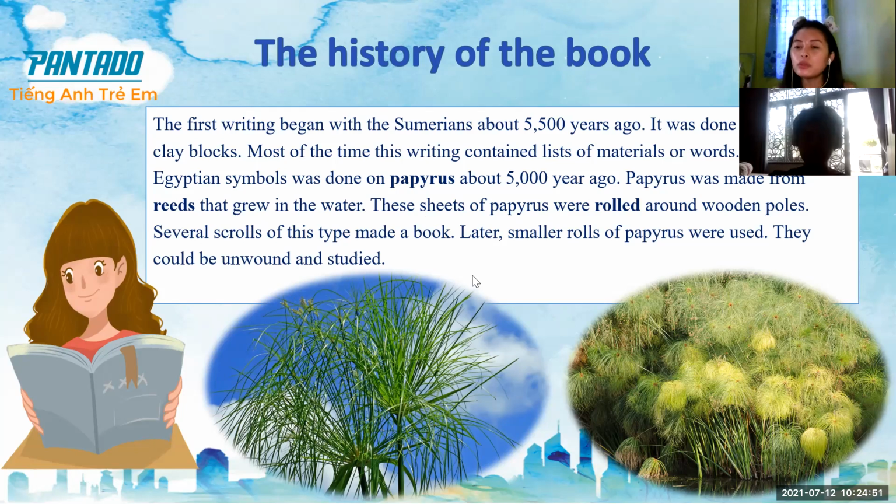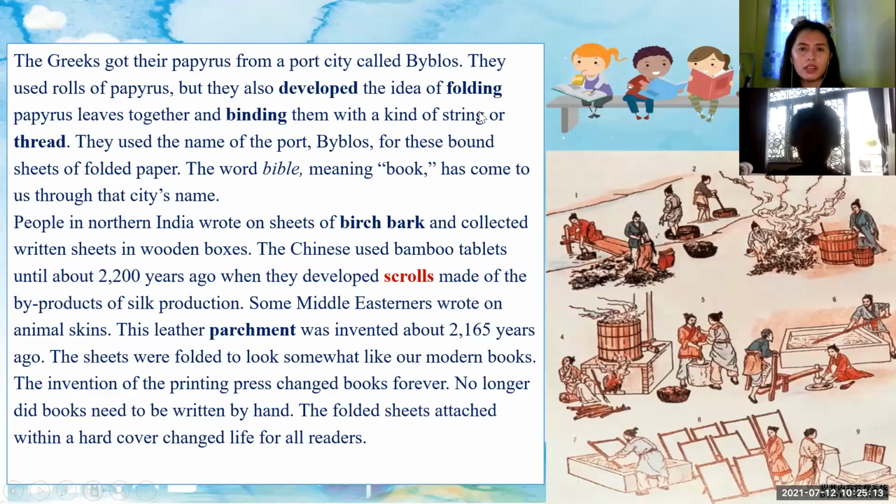And then they rolled the sheet. Rolled means you do like that, in wooden folds, and several scrolls of this type made a book. So that's why after they rolled, they made a book. So this one is reeds. That is a kind of plant. And so another one, the Greeks got their papyrus from